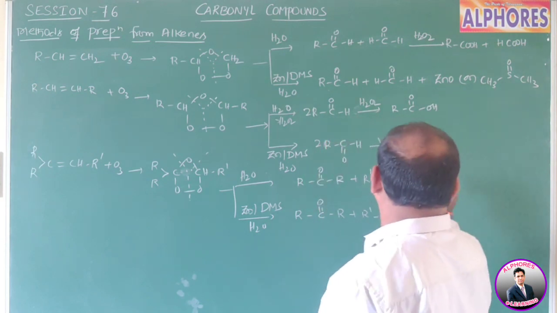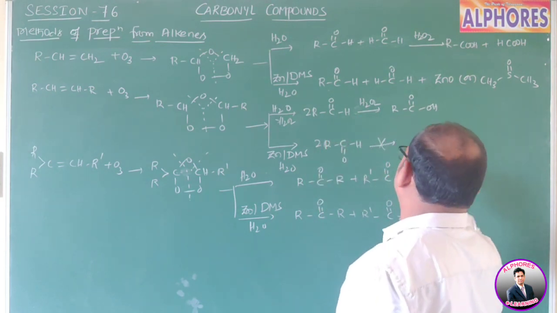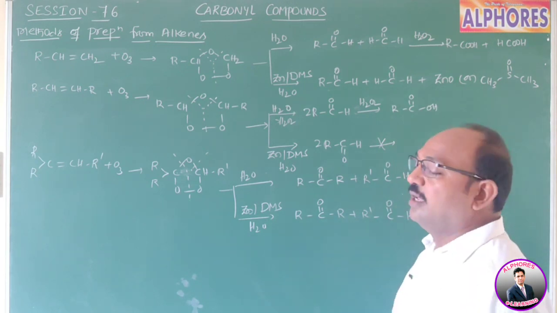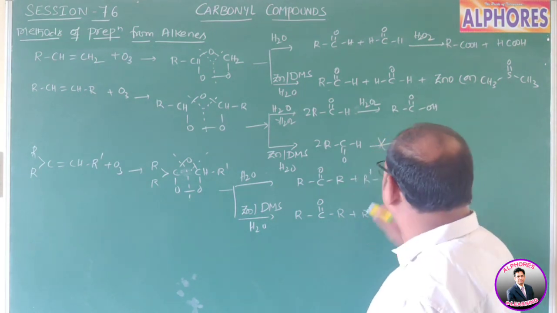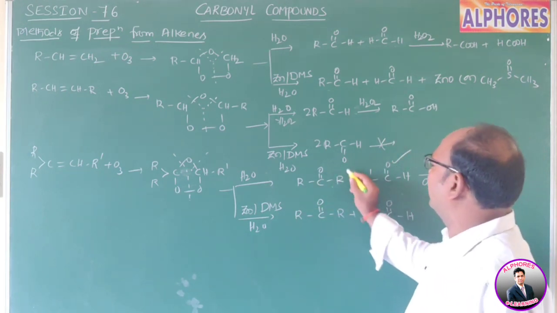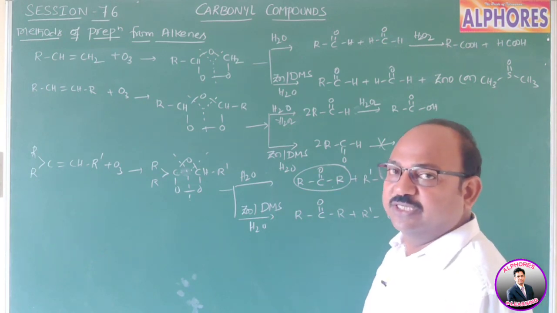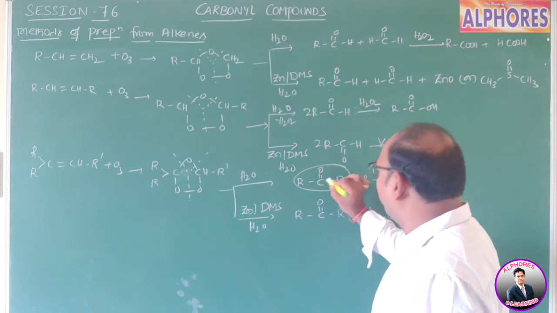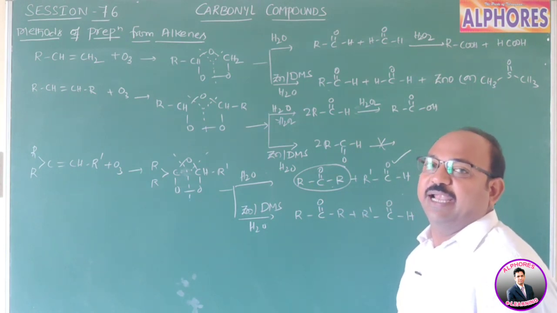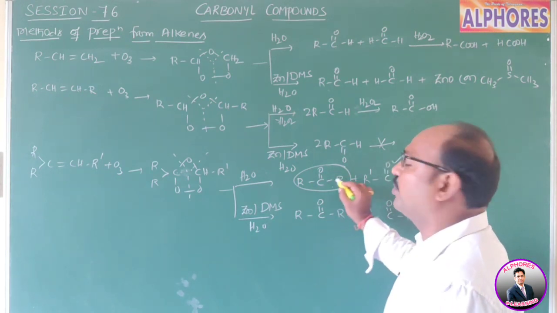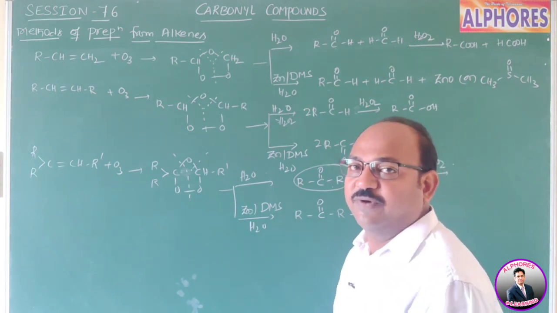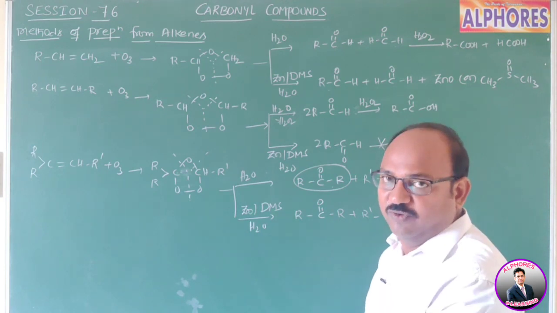But in this case, hydrogen peroxide is a byproduct. That hydrogen peroxide acts as an oxidizing agent. Now it can oxidize only aldehydes, but not ketones. That means ketones remain as such. These do not undergo further oxidation. Why? For further oxidation, the C-C bond has to break, and for that high temperature is required. If we are not going to provide that much energy, then ketone oxidation is not that easy. That's why after formation of ketone, the reaction will be stopped.